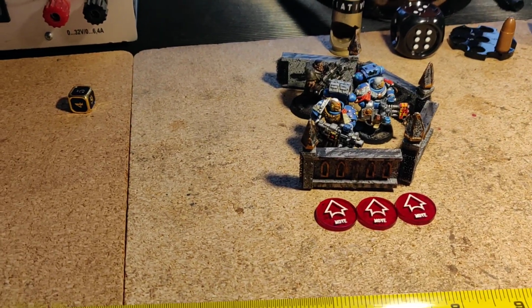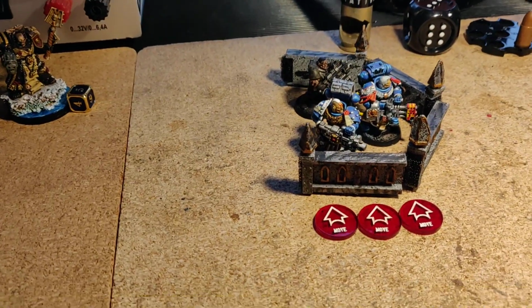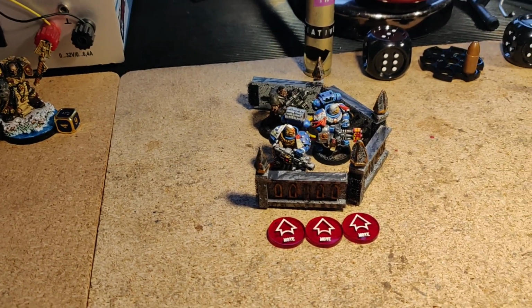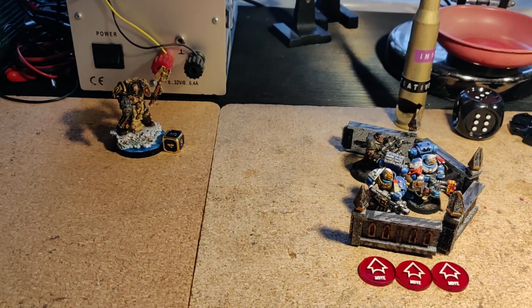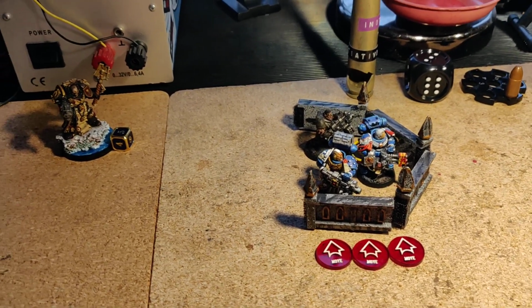So in he comes, nicely behind this little fire team here, 5 inches away, and he's deployed onto the table. That counts as a normal move. I don't have another normal move token ready, but it's still the end of the movement phase, and because he's